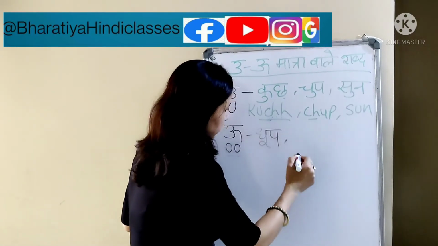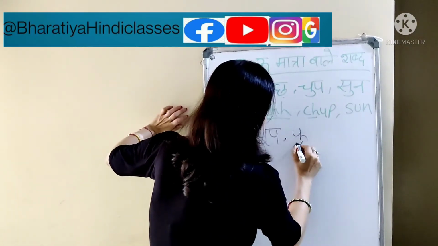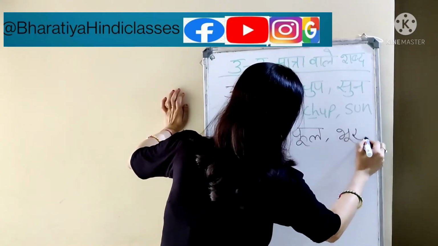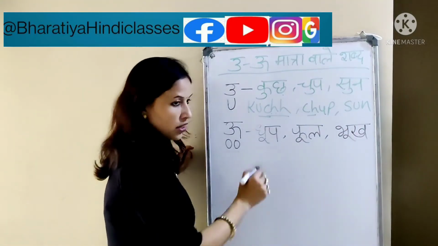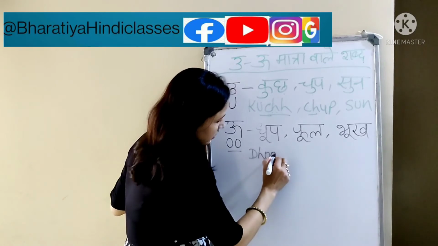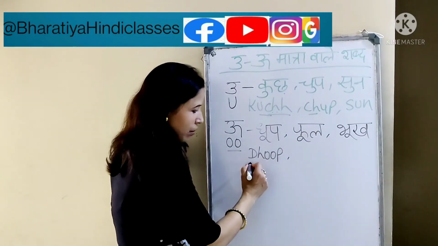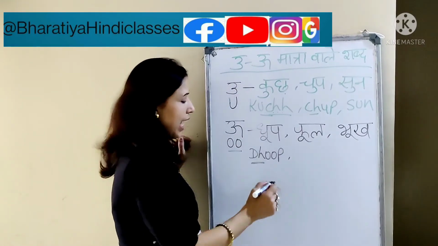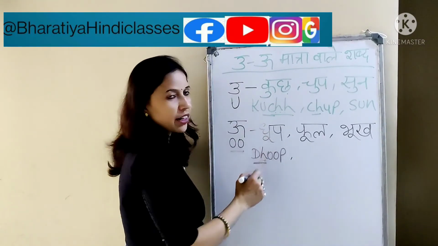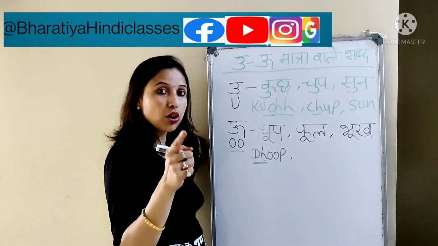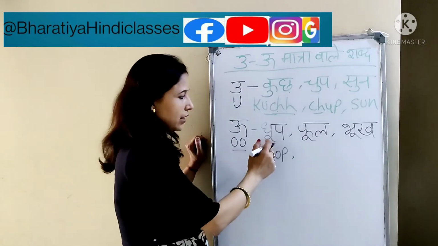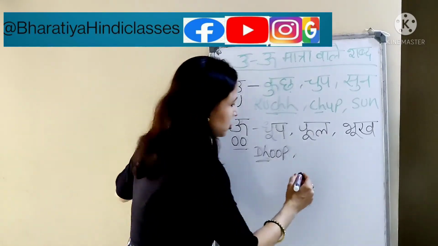धूप, फूल and भूख. So here, according to this, I am going to write, and here also again I am telling you this is a dha which has an h also with the d. Otherwise what they do, they just write it with the d only, but that is called da, not dha, which has the h sound at the end. So dhoop, fool.